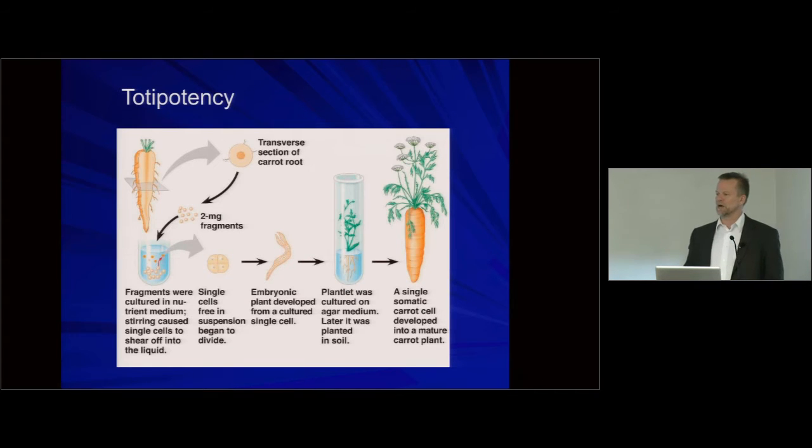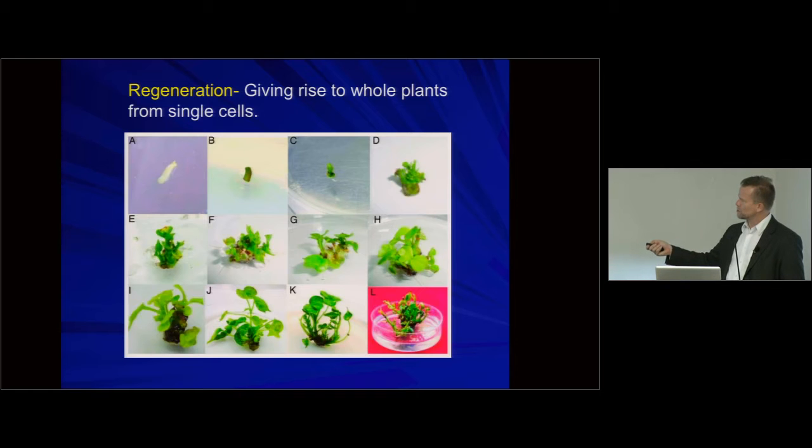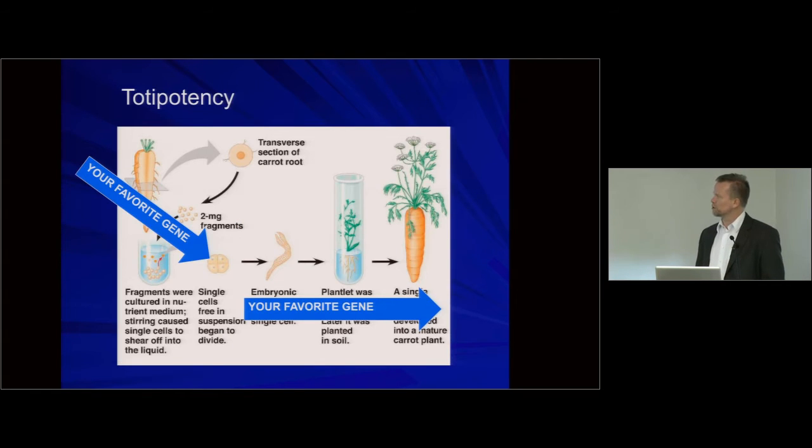Genetic engineering is the process of being able to put the gene you want into that single cell. Here, this is just an example of taking a piece of a plant with some plant tissue and being able to get it to turn into an entire plant or a whole set of plants based upon regeneration from a single cell. So regeneration is this process of these single cells changing their identity and changing into whole small plants or small organs. That's the process that's used in genetic engineering,